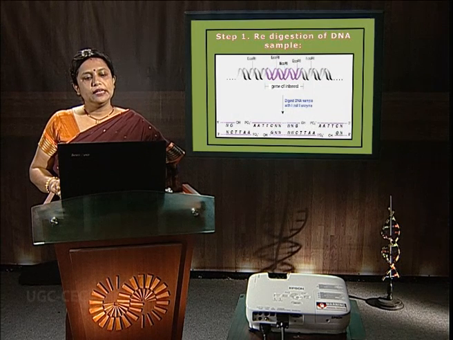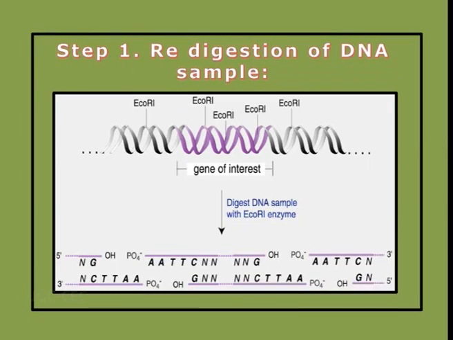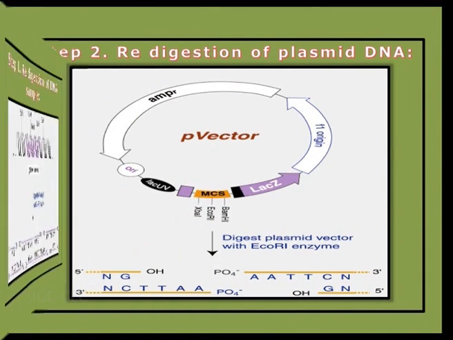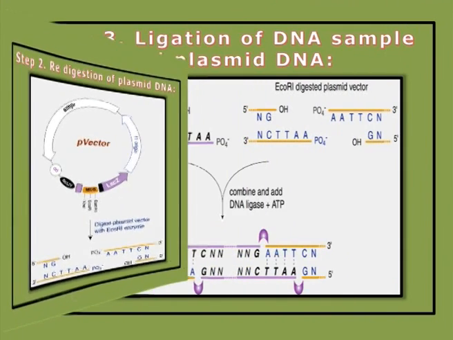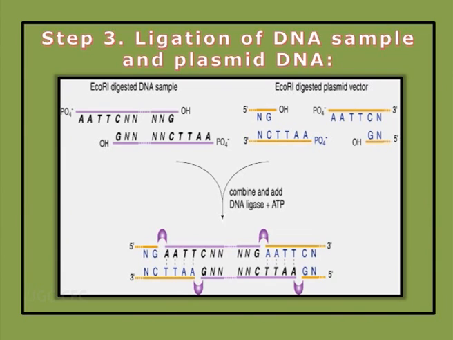So you can see here the steps. Restriction digestion is taking place and we have created the gene of our interest with sticky ended overhangs. Next step is, you can see the vector DNA is also digested with a compatible or similar restriction endonuclease. And in the third step, you can see that ligation is taking place and we are joining the EcoR1 digested DNA sample and the EcoR1 digested vector DNA or the plasmid DNA.